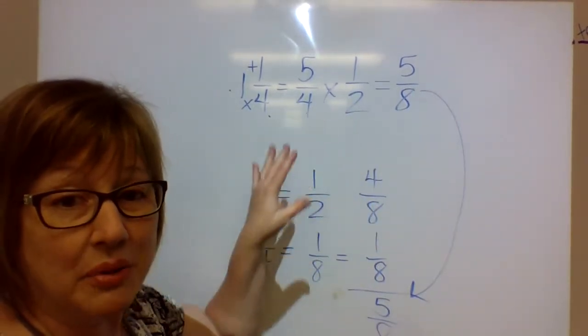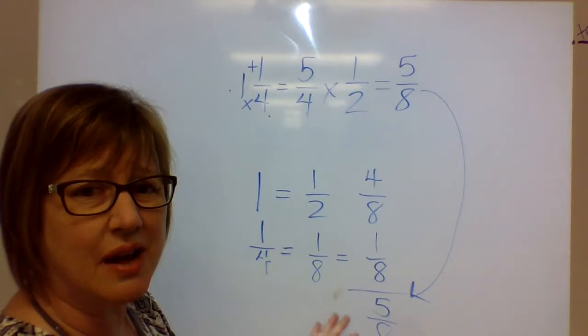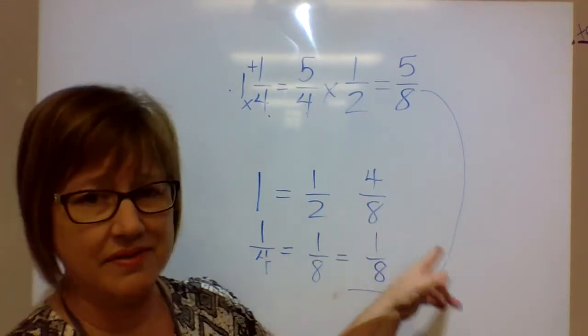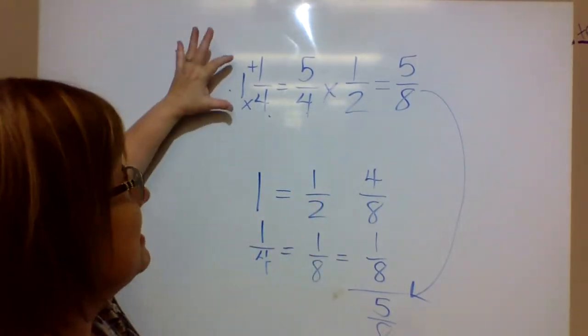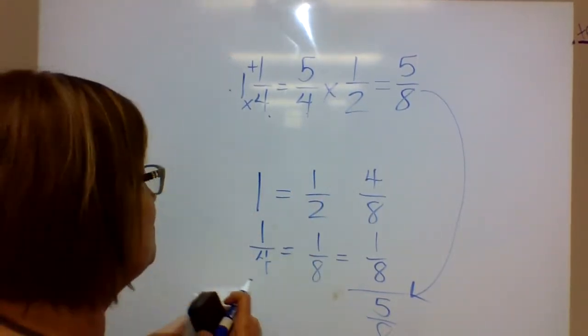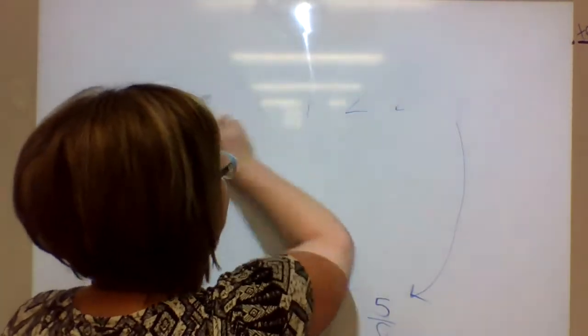Just multiplying it really quickly instead of drawing pictures and trying to figure out what's half of half, and I got to put the half into eighths and all this stuff, right? This is much faster. But you just got to remember that if you have a mixed number, you've got to put it into an incomplete, or a,